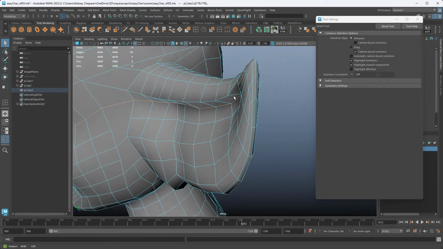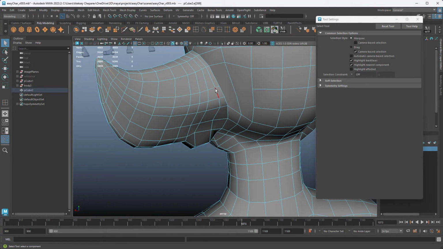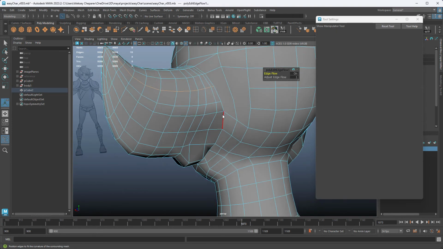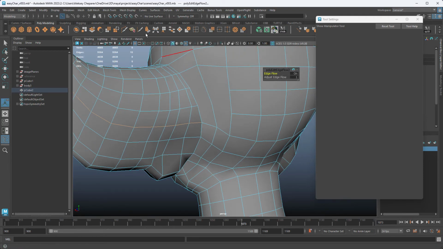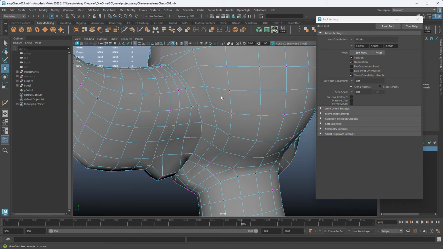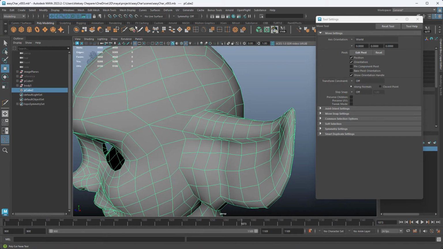This edge, I'm going to go from here to here and do edit edge flow. It's going to smooth that out, and same here. That, and we can reconnect. This right here is really tight.